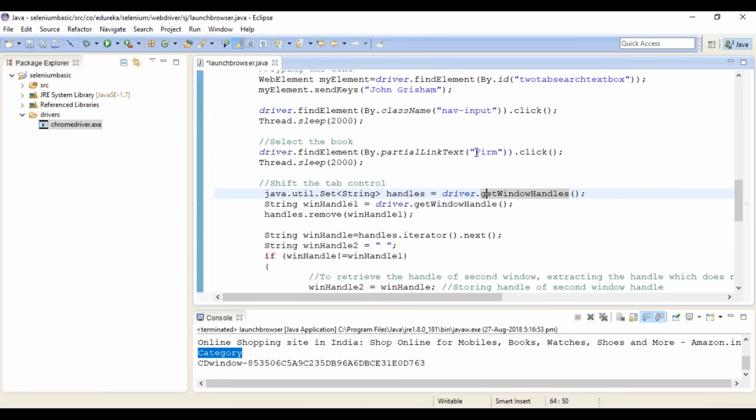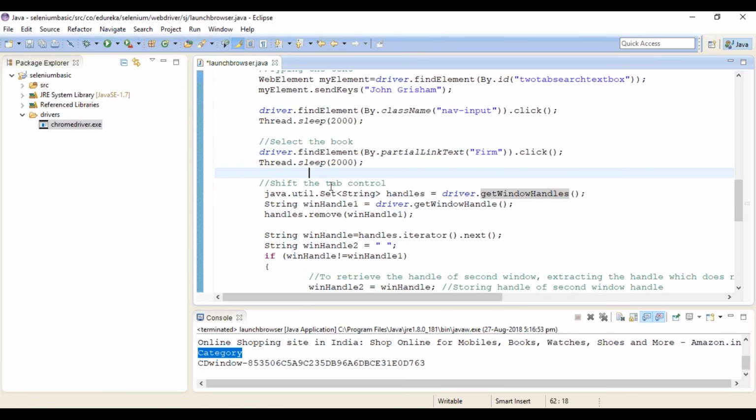Now, let's just say when you're using partial link text and you've given a particular text, but there are multiple web elements which partially match to the text that you have. Then it'll identify all those elements. And when you use click, it'll click whichever of its choice, the first one generally. So that's what partial link text does. That's why we generally do not prefer partial link text or link text. It's always better to identify web elements using the CSS selector, the XPath, ID or class name as well. But link text and partial link text are not frequently used. Okay, so we've identified the firm book and then clicked on it.